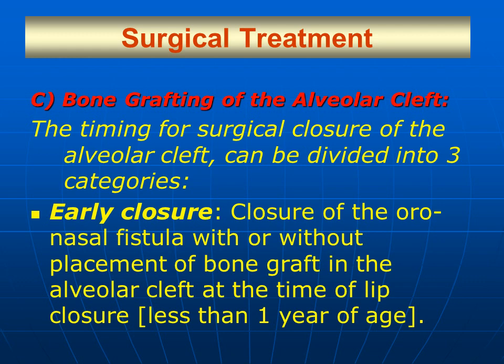Regarding the alveolar cleft, the timing for surgical closure of the alveolar cleft can be divided into 3 categories. We can do the alveolar cleft very early. That's to say, we close this oroantral fistula with or without the placement of bone graft at the time of lip closure. That's to say, we carry out this operation before 1 year, at the time of lip closure,